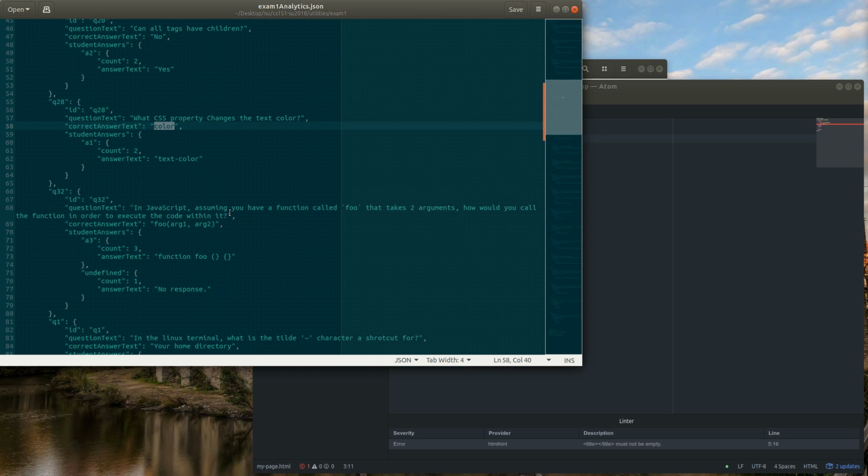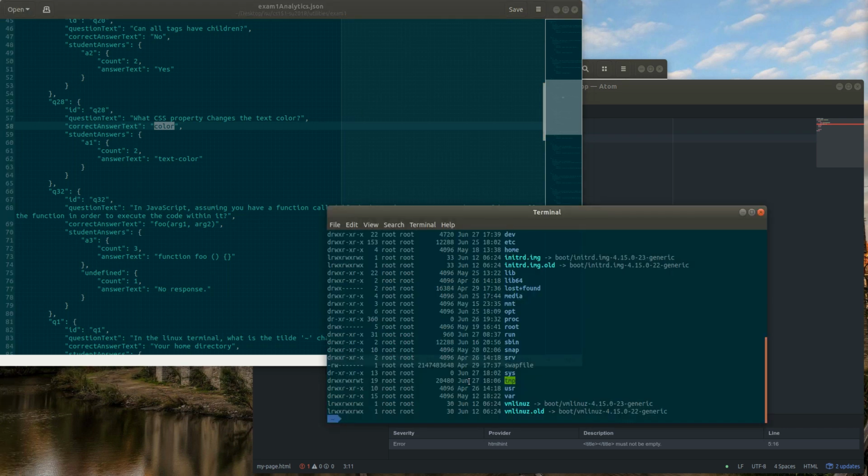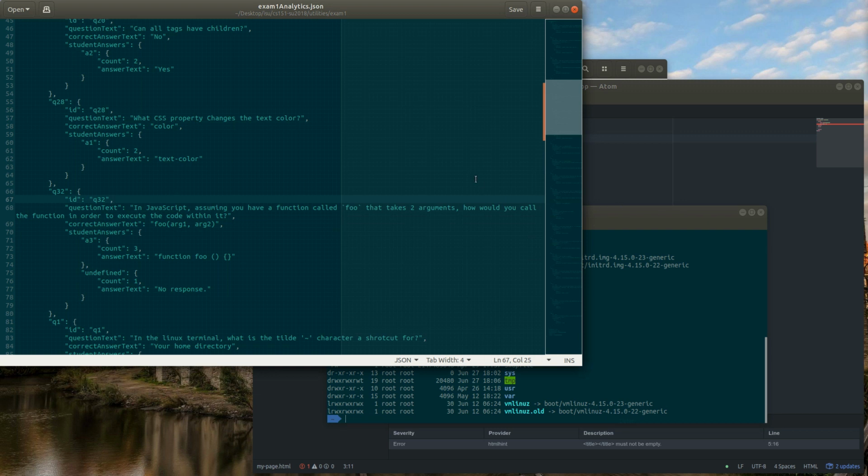Alright, in JavaScript, assuming you have a function called foo that takes two arguments, how would you call the function in order to execute the code within it? Okay, we've talked about this a couple times, and arguments are a common thing in programming. We have arguments on the command line, which is ls -l and slash are both arguments, okay? And you separate the arguments with a space. That's on the command line. In JavaScript,